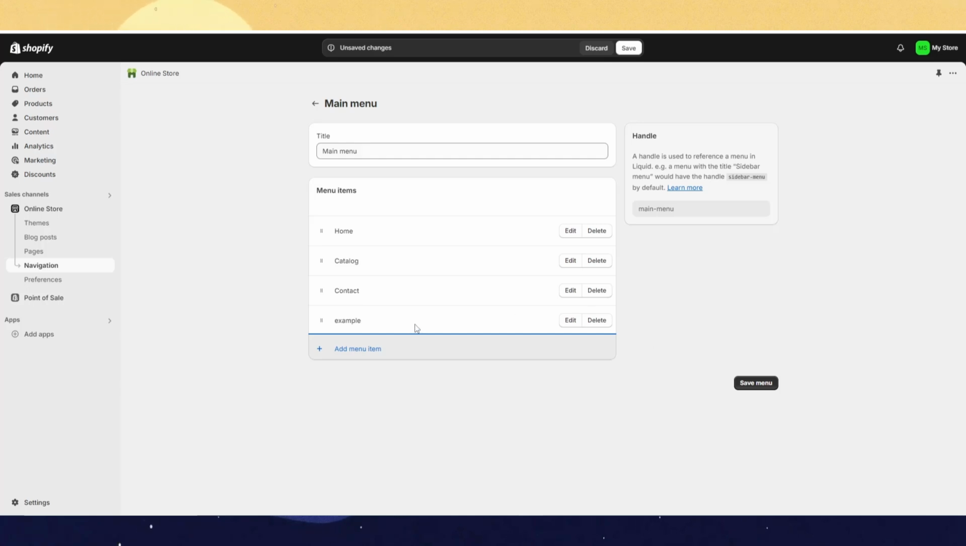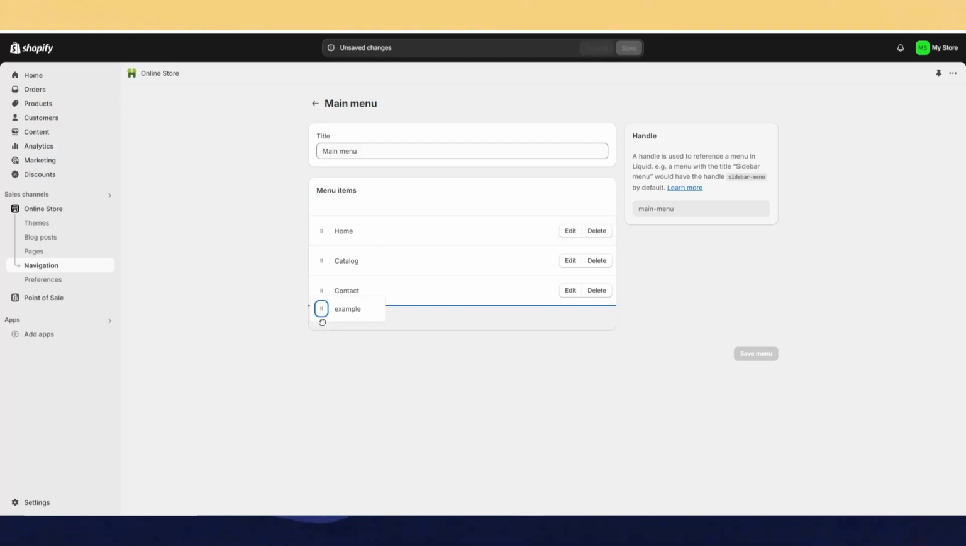So just like that, you can edit or set up the navigation menu by adding menu items here, dragging everything here. If you want to add a drop down menu, just drag and drop the menu here below the other menu. Then now you have a drop down menu, and just after that you can just click on save menu,